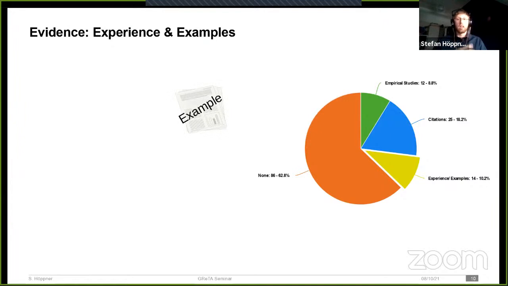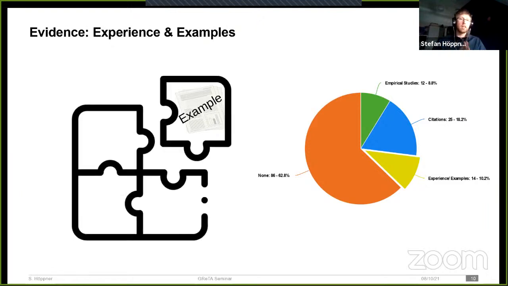Examples, on the other hand, are great for illustrating specific properties, right? With one example, you can directly show one specific property, but they are very limited in their applicability to the general case, because as there are examples, they generally tend to only be applicable to the one example that you show. This, again, doesn't necessarily have to be a problem, but it needs to be properly discussed and properly presented as to not lead readers to believe things that might not actually be true.